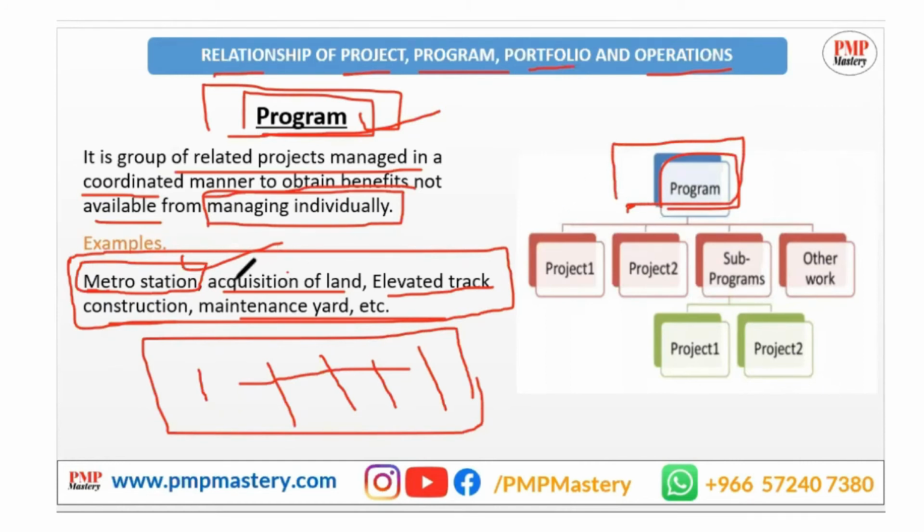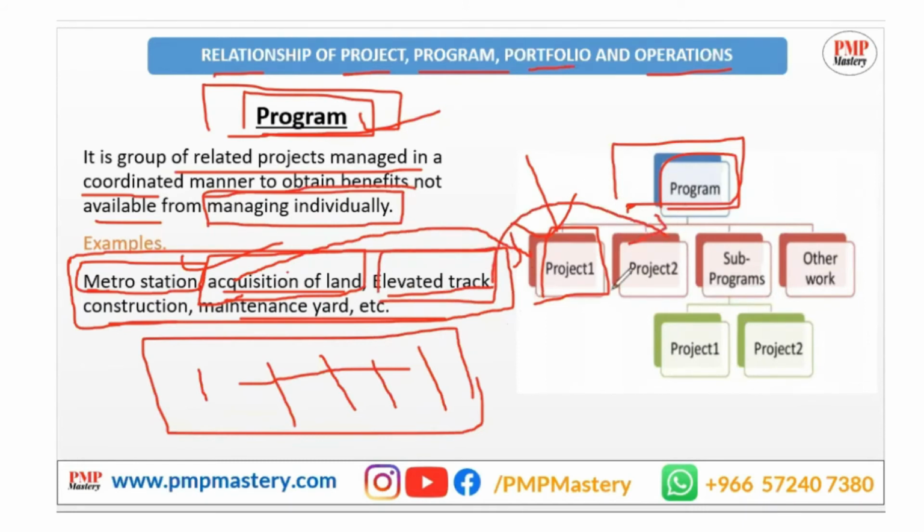You make acquiring land one project, and you set up the whole team for it, from project managers to technicians, coordinators, planning engineers and designers. They solve it and complete it, from initiating to closing. Now, the elevated track construction you made another project individually. This is also so huge. You have put in a complete project team for it, and you have assigned one of the PMs here, and one of the PMs there.